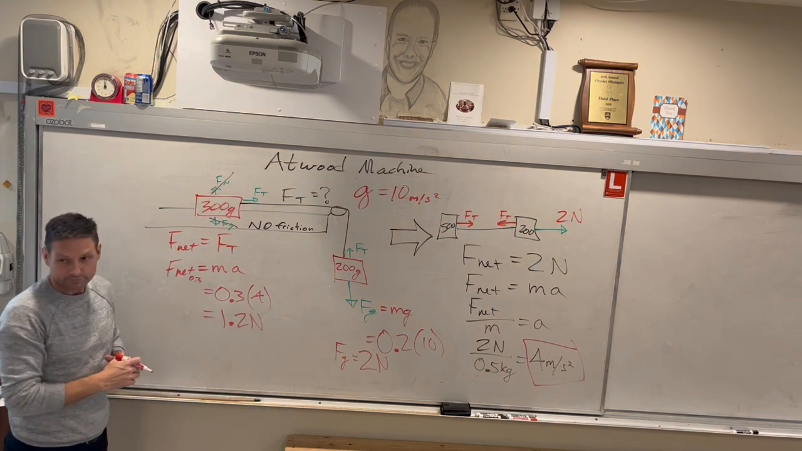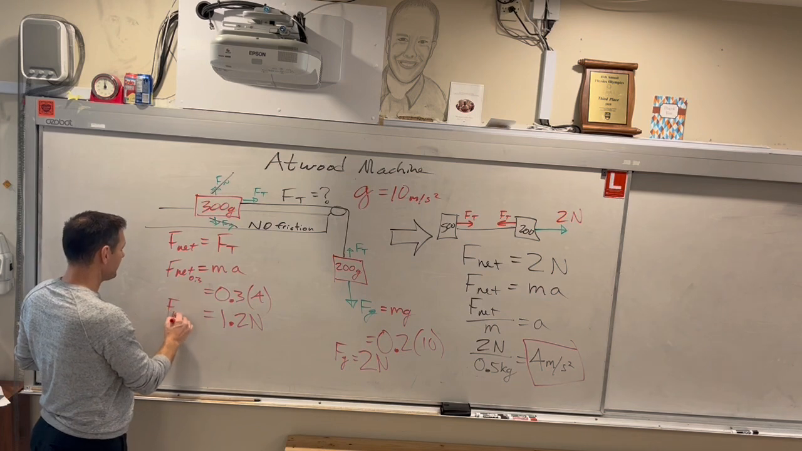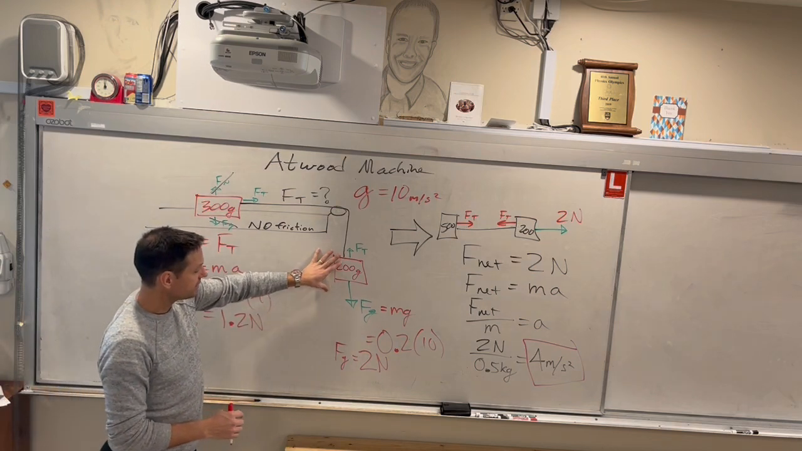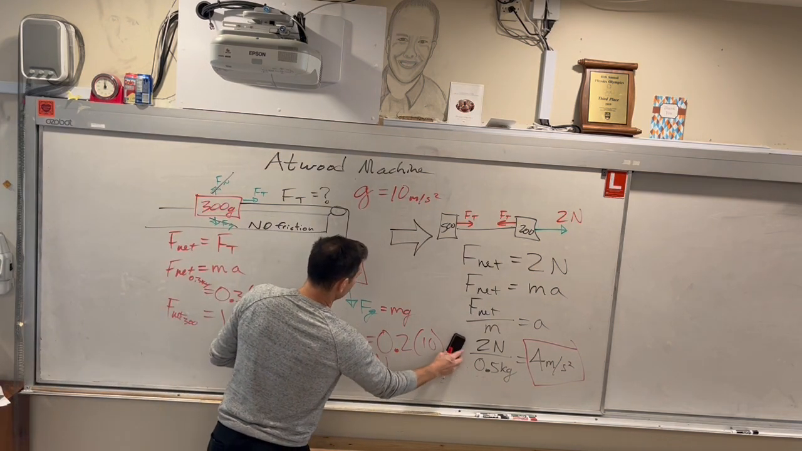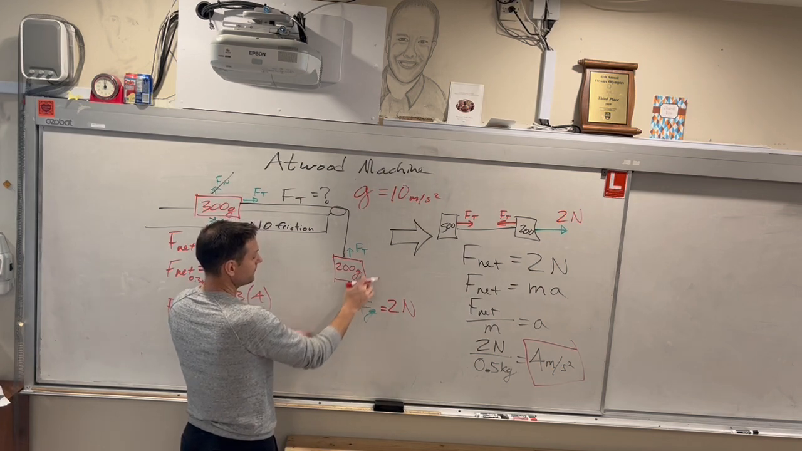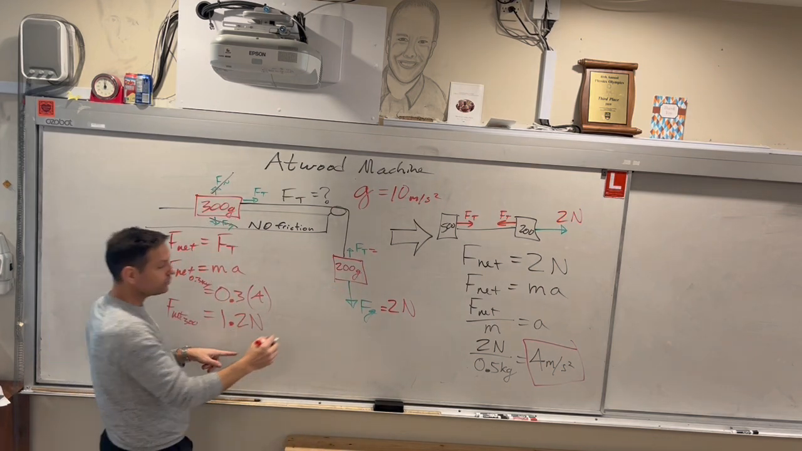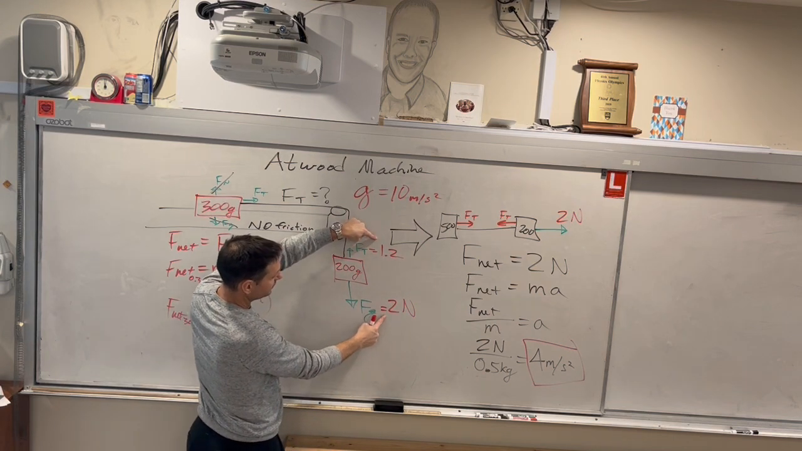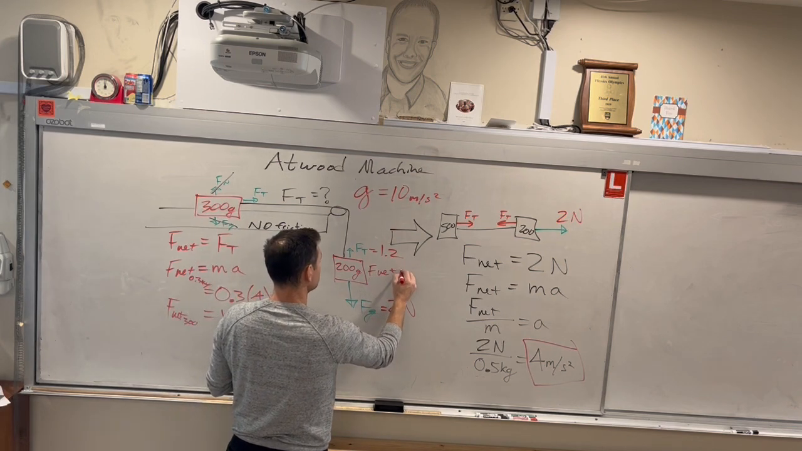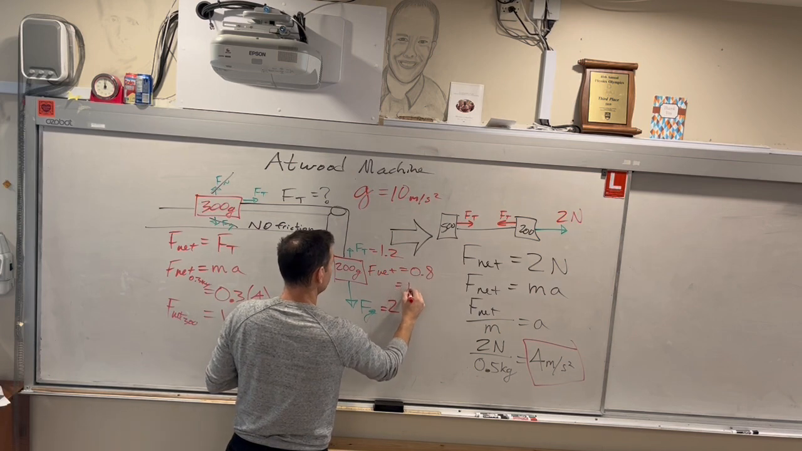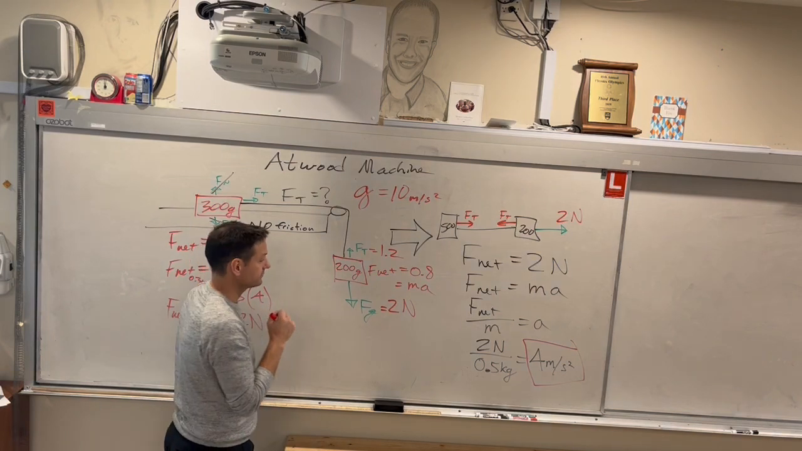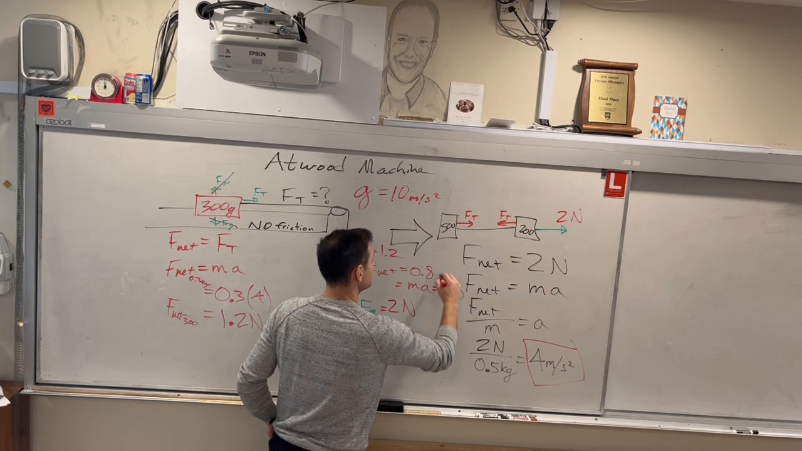You could also double check it using the other way. So that's the F net on the 300 grams or 0.3 kilograms. You can double check it on this mass. We have here 2 newtons pulling down, and the tension force is 1.2. Those added together are what? 0.8. So the net force here should be 0.8, and if we do the mass times acceleration, 0.2 times 4 is 0.8. So because those two are the same,